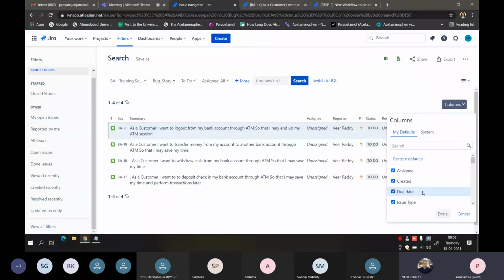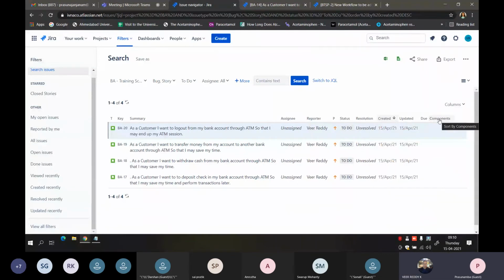So affected versions, as I told earlier, the versions would be added by the admin, and once the versions are added, you can append that version to any of the stories or to the bugs. Whatever fields are there, you can add those fields to this. So for example, I'm saying components. You can see that also over here as a result.